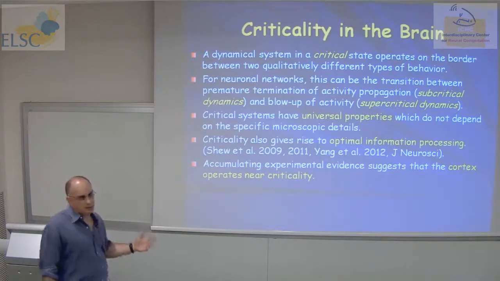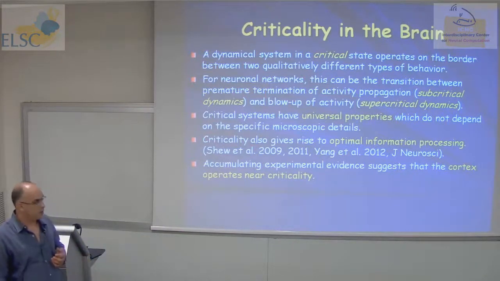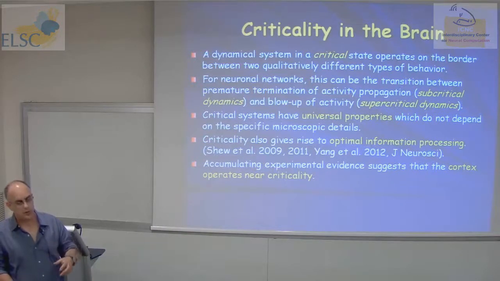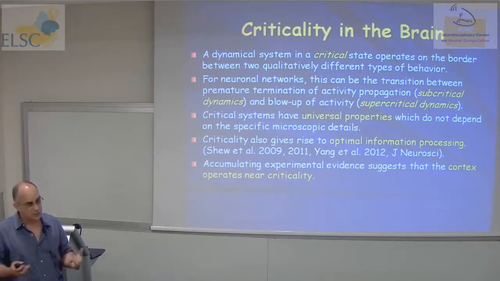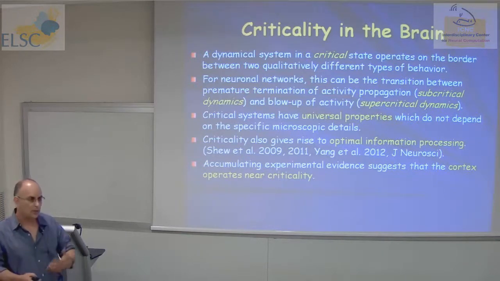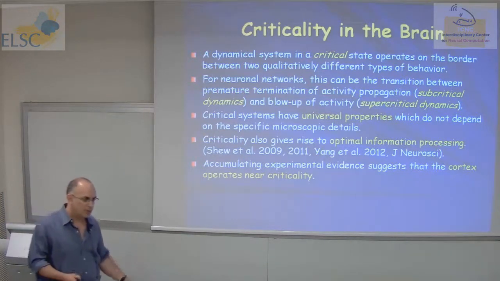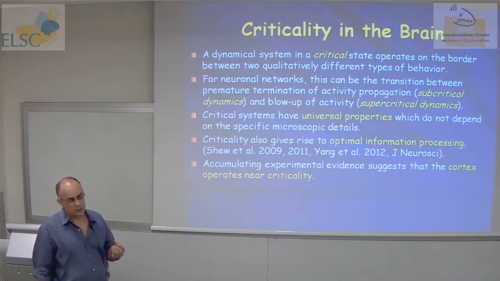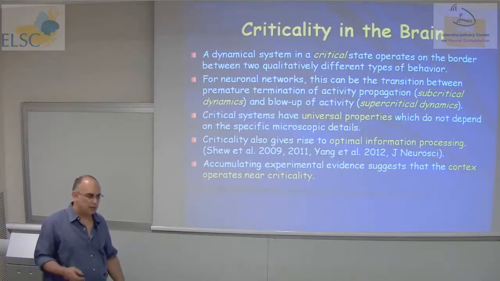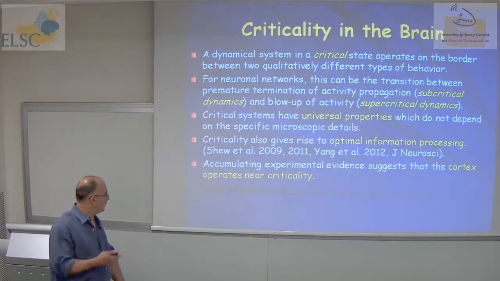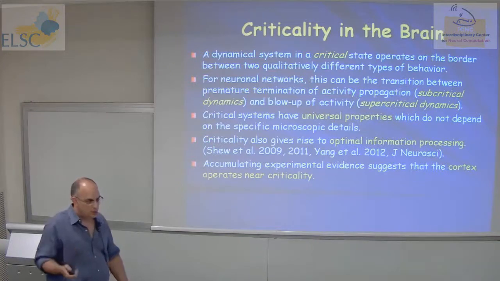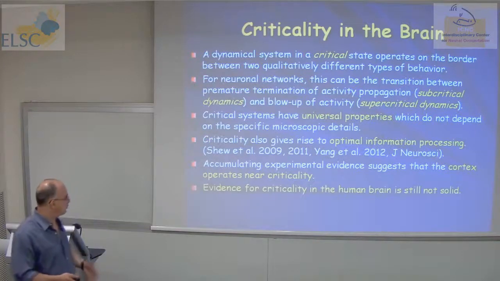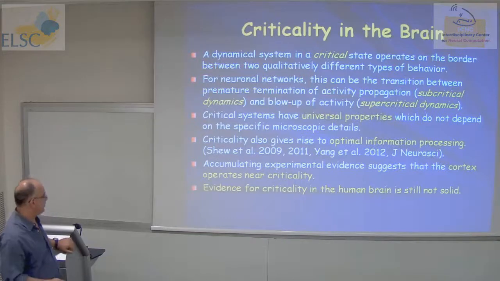Now, there is evidence that suggests that the cortex operates near criticality. Even more specifically, we talk about the superficial layers. Most of the evidence comes from the cortical cultures experiments, but also from anesthetized rats and awake monkey experiments that were done in the lab. But all of these were done with microelectrode arrays on the scale of about 1 millimeter, and there is currently no evidence in the context of the large-scale human brain behavior. And this is what we're out to explore in this project.